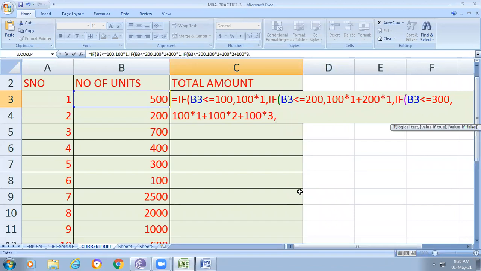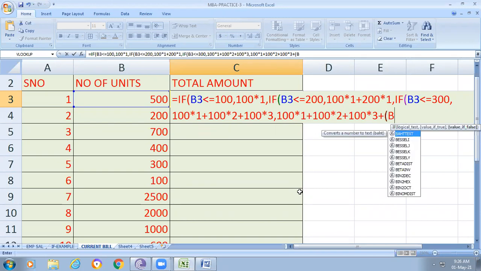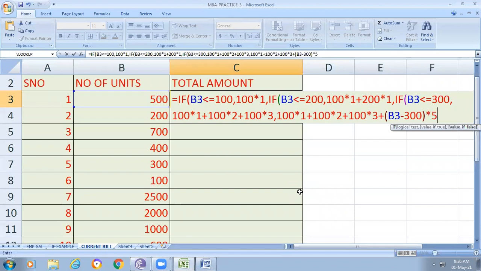Otherwise, if b3 is greater than 300, then how are we calculating this? 100 into 1 plus 100 into 2 plus 100 into 3 plus, here we subtract 300 units from the given units. Where are the given units? b3, am I right? So b3 minus 300 into 5 rupees.